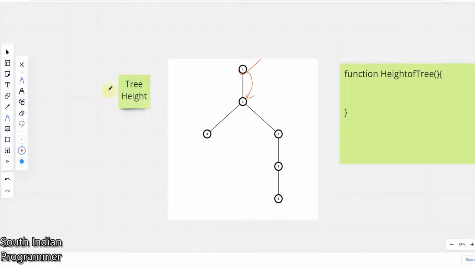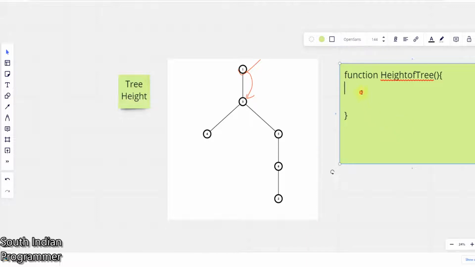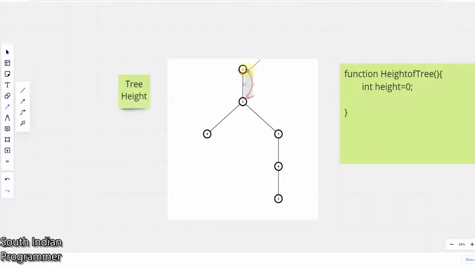So once I get the adjacent nodes, here I'll get int height as 0. I'm starting from this node, so here itself I'll not have any height, so I have height 0 in this node. So here I'm giving that height as 0, and then I have the adjacent nodes. So what are the nodes connected to this? So we have only 3 nodes. So what I do is I have to